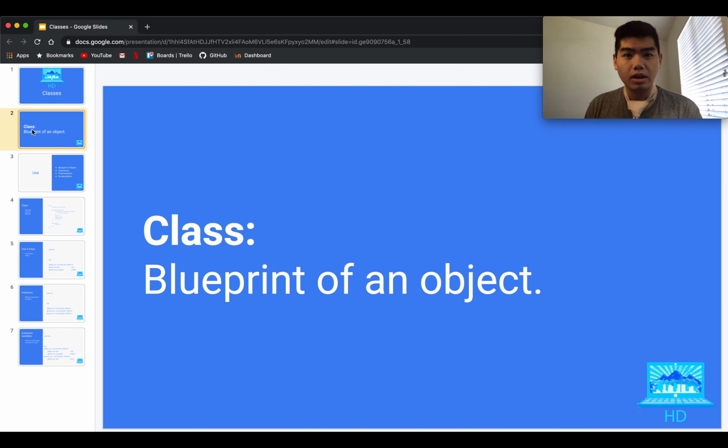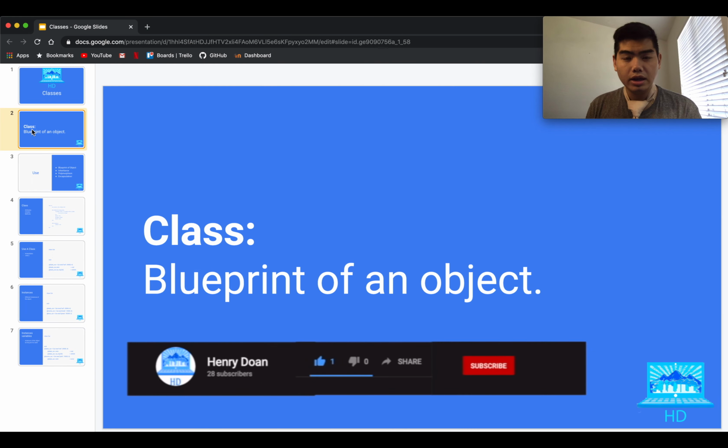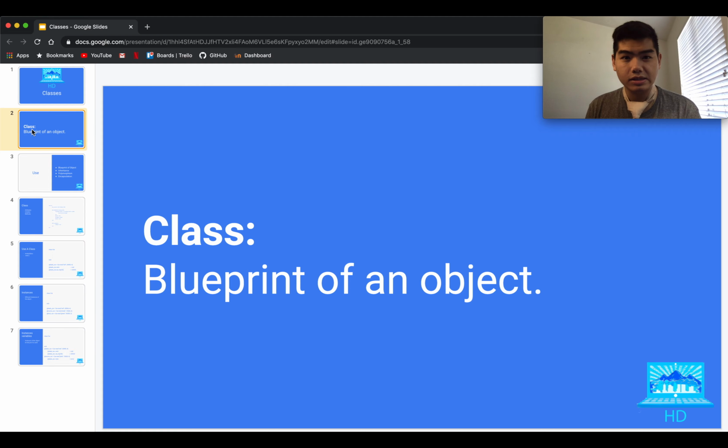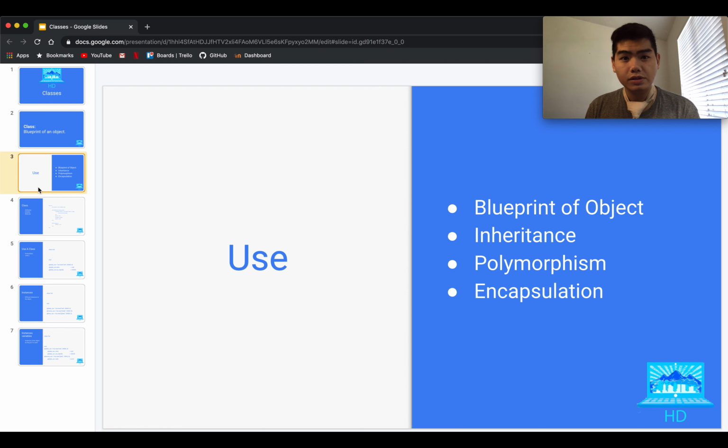Now, typically when we are working with classes, we are most likely going to be using it as a blueprint of an object. And again, objects are just person, place, or things. And when we are having a blueprint of it, we are describing what that particular object has and what we can do with it. And that is how we are going to typically use classes, as a blueprint of a particular object. That is one of the uses of a class, that you are able to use them as objects. The other thing that you can do is use inheritance and also polymorphism and